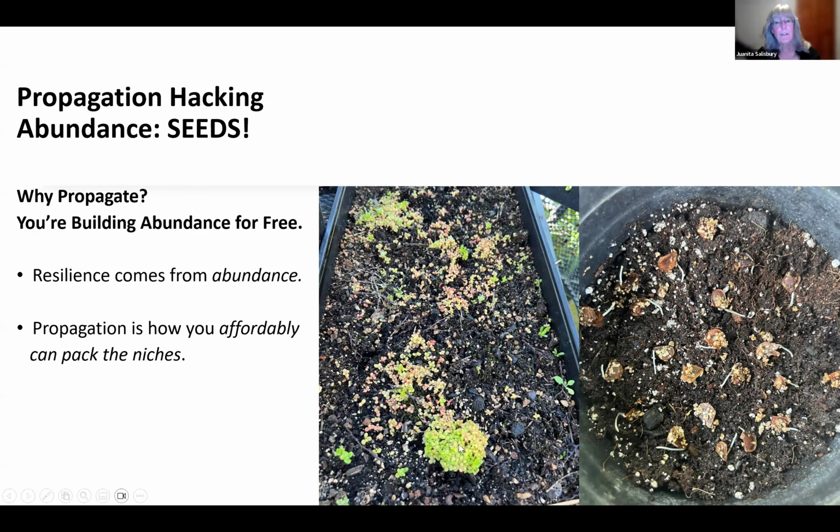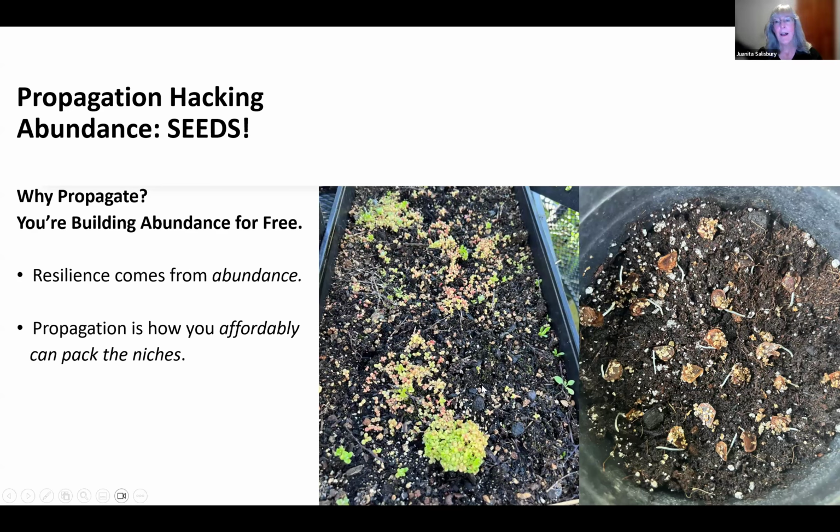I basically just threw the seeds into a flat like this and put the flat in the rain. And this is the secret to getting these to sprout. They love the rain. And there's hundreds and hundreds of seedlings here. I mean, this picture was taken mid-harvest because I had literally thousands of these things and I was giving them